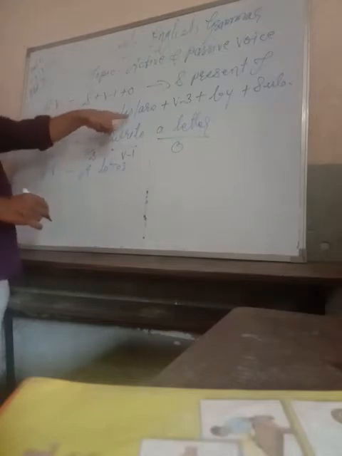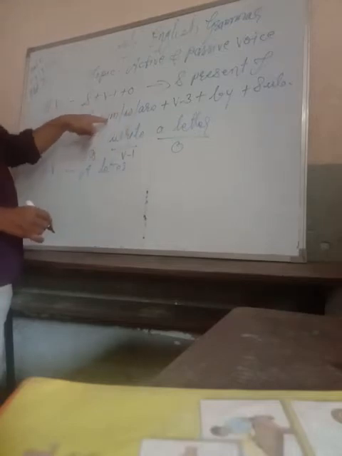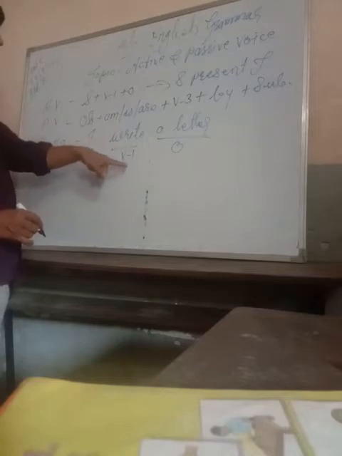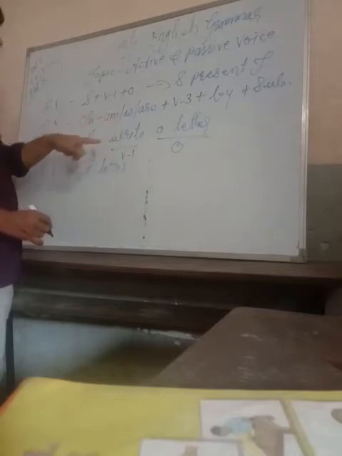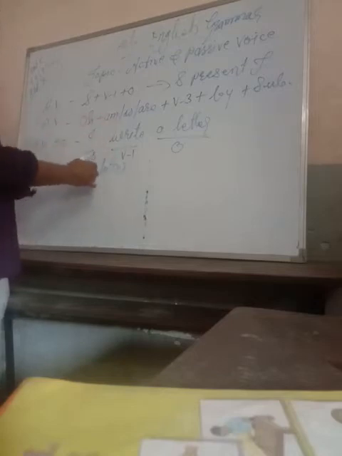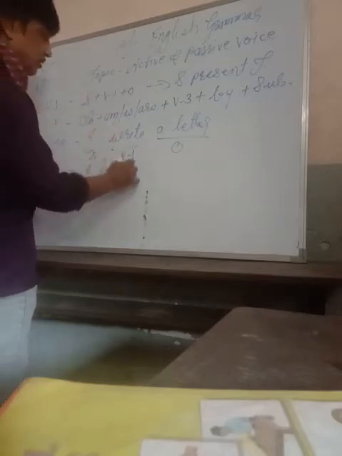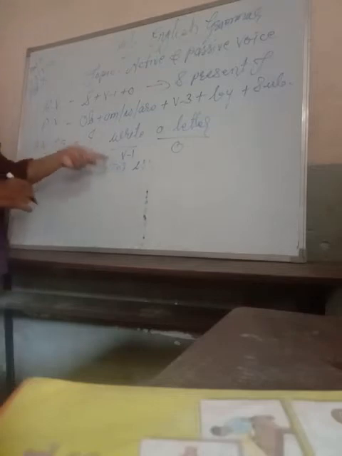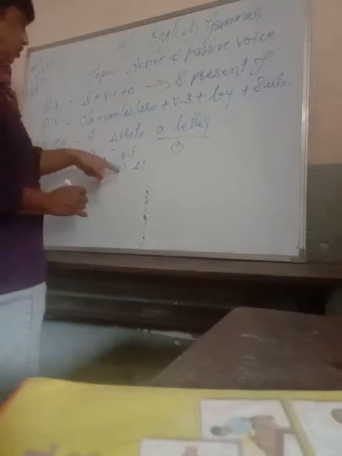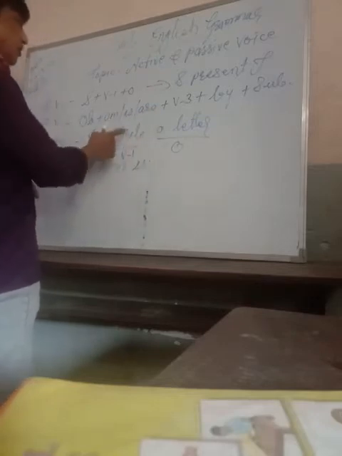Then the to be form, here it is written, one of them will be used here. So which one will be used here? Because a letter is third form singular, so "is" will be used here now. A letter is, afterwards V3.